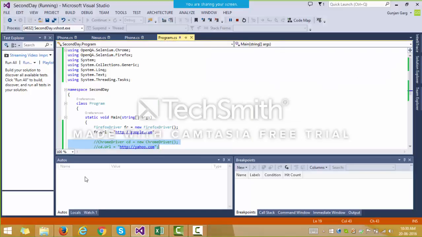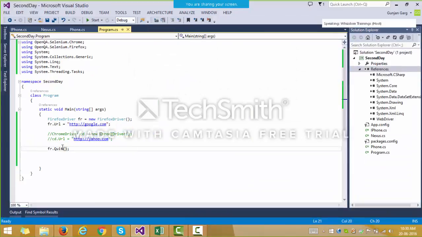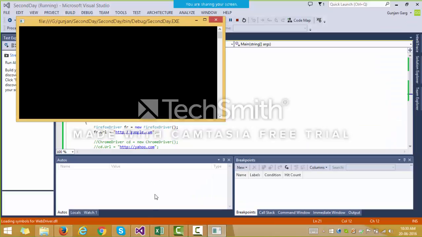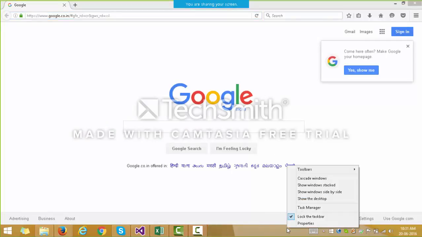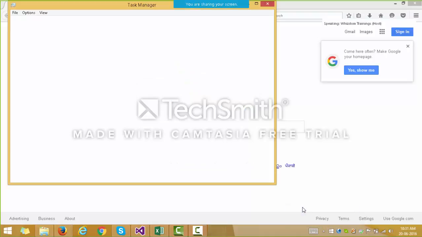Right, and it closes your browser as well. Okay, so suppose we don't close this browser, and now if I run my code again, it opens the browser, takes you to the gmail.com website, and now if I open the task manager,